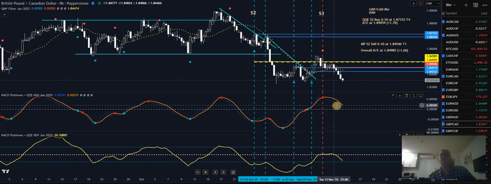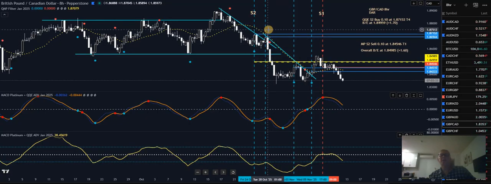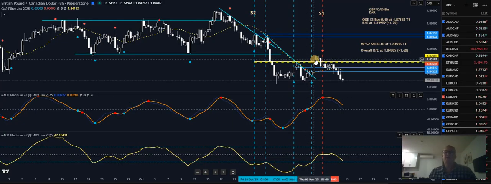Pound CAD, this will give me a bit of grief. In a buy here, it's a QQE buy below the 40 level. This second buy trade was on a trend line break. I thought I'd get in and have another crack at it. Didn't work. Dropped like a rock or stone, whatever you want to say. Third buy's here. It got up, I'm not sure if it got up to my break evens there. The fourth buy was there. It definitely got up to my break-evens on that. But it got up to the break-evens before the QQE went through the 50 level. So by the time it's confirmed it's through the 50 level, it already dropped down below the break-evens.